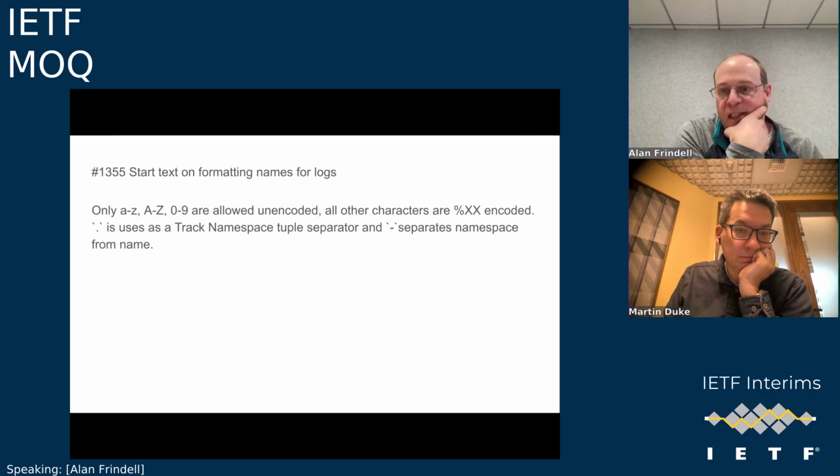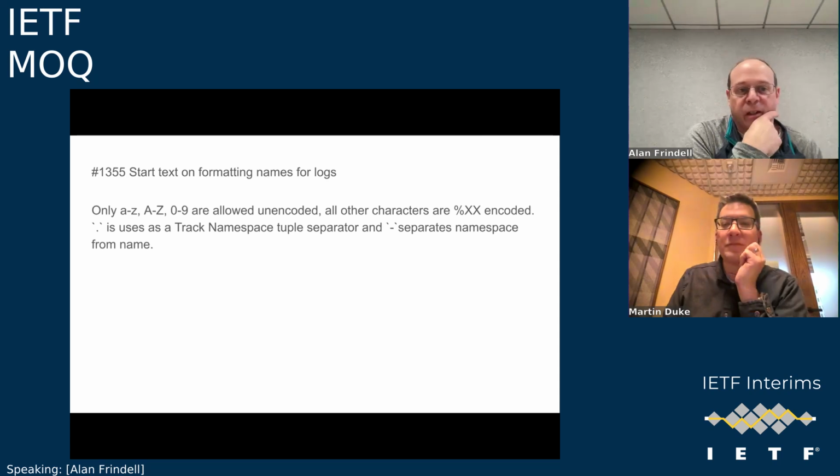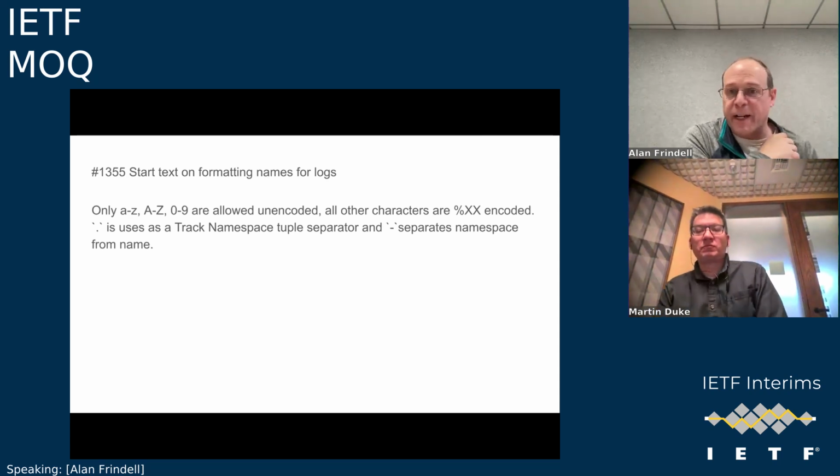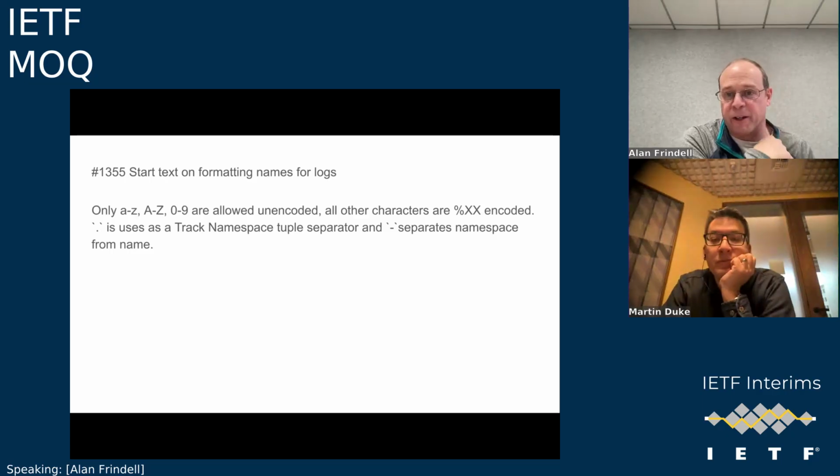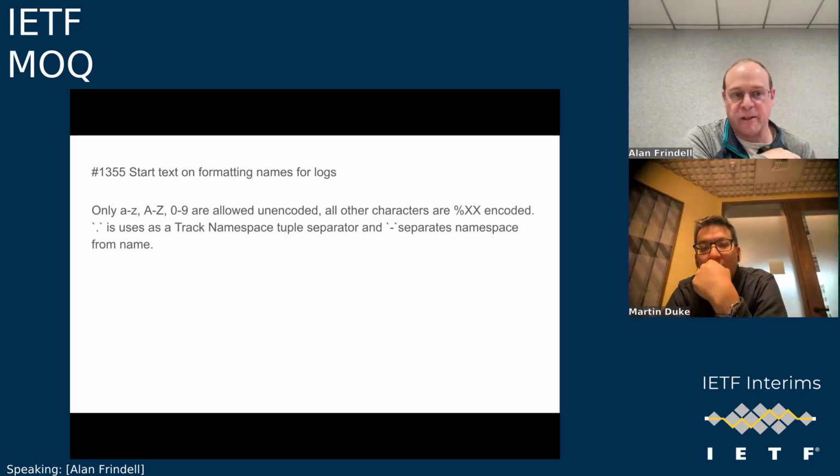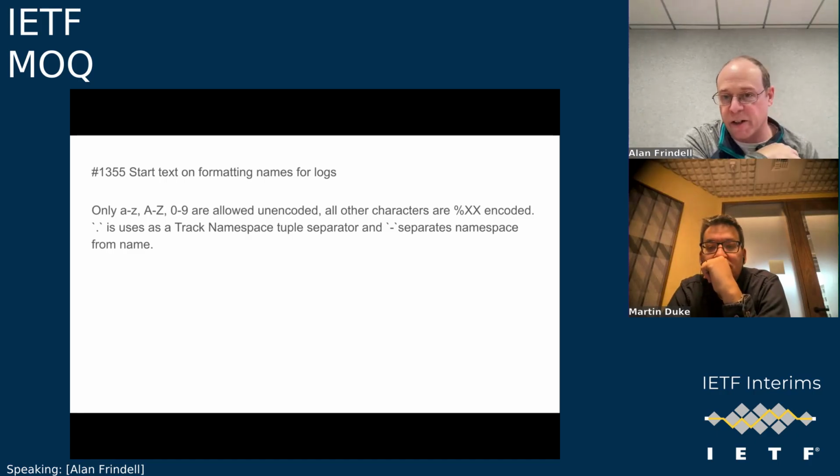Again, this is Cullen's and he's not here, but I will just explain what is here. It creates a sort of recommendation for when you're going to write down a full track name in a log, how to do it. It says only use A to Z, and 0 to 9 unencoded. Any other character in your track name or namespace gets %XX encoded. And